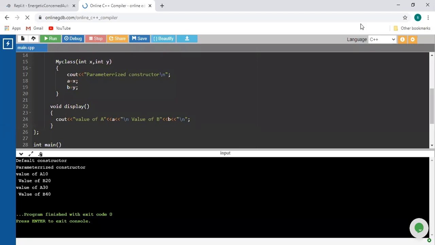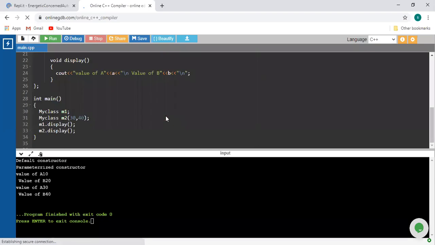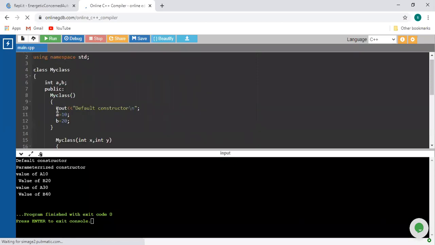Because we have created objects one after another. First m1 is created and it is not displayed yet. This output depends on our call, the sequence in which we provide the calls. Inside main, first we created the object of the m1 class, so it is going to call the default constructor. By default, it will display this line, default constructor. I will mark this as the first line of the output.